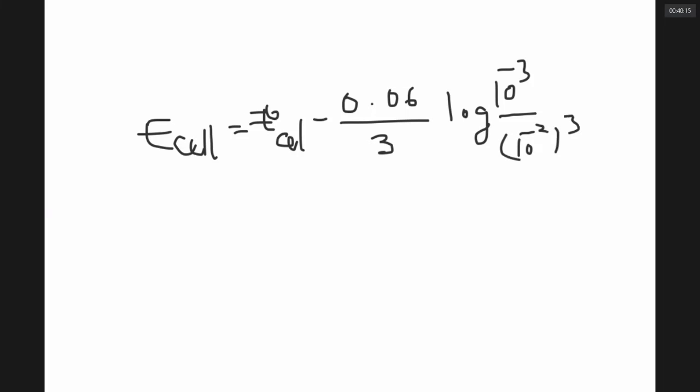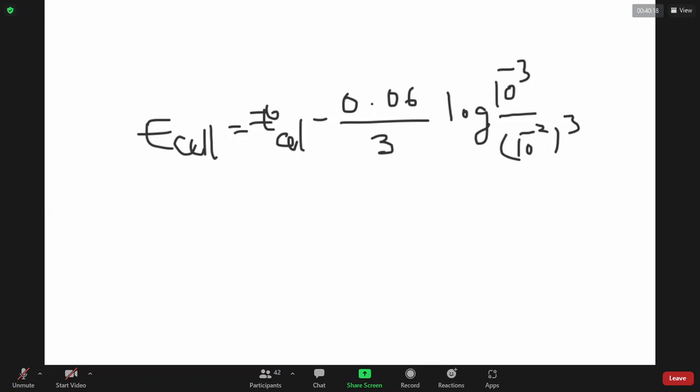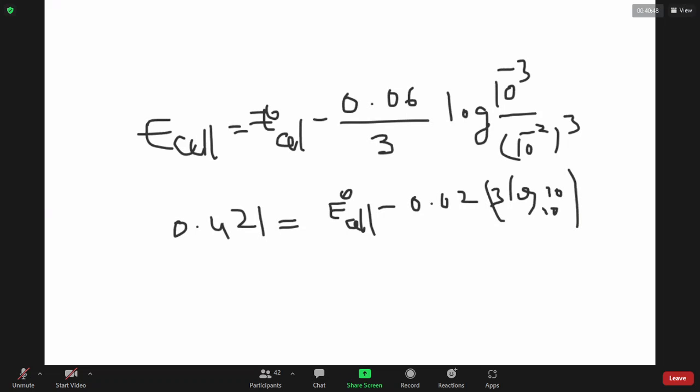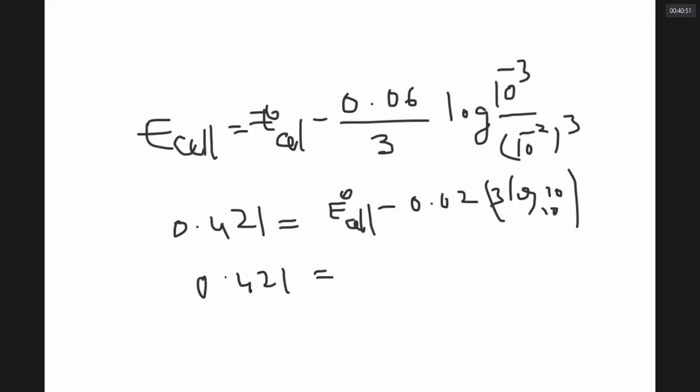E cell is to be taken as 0.421 minus, is equal to E0 cell minus 0.02. The 10 to the power minus 6 when it comes up will become 10 to the power plus 6. It will be 3 log 10 base 10. Log 10 base 10 is 1. So 0.421 volts is equal to E0 cell minus 0.06. So E0 cell is equal to